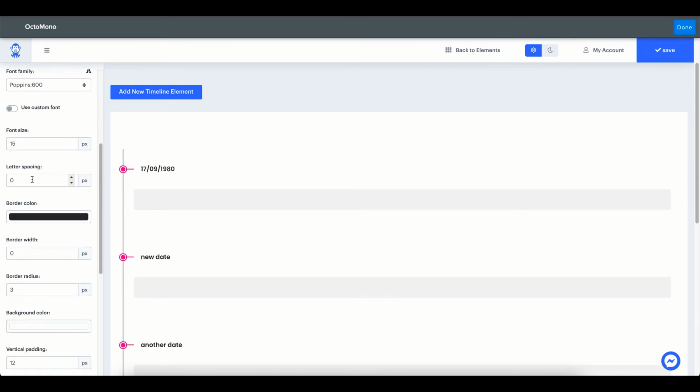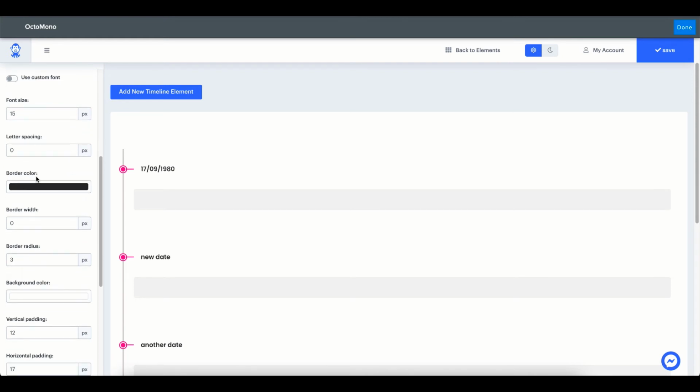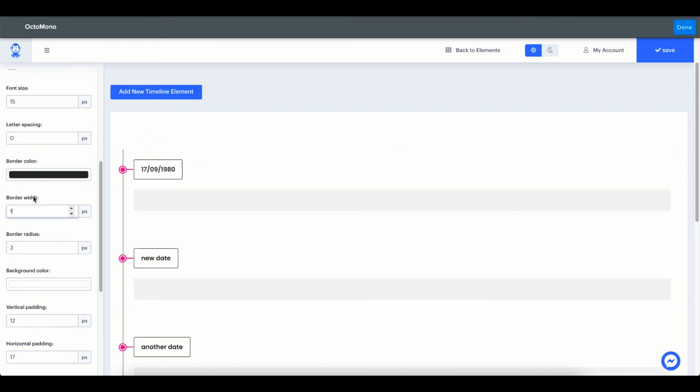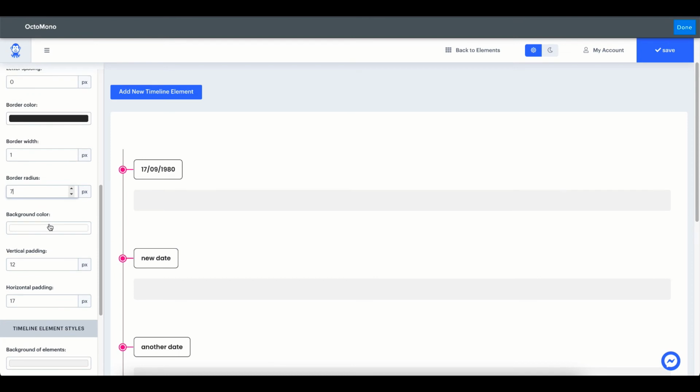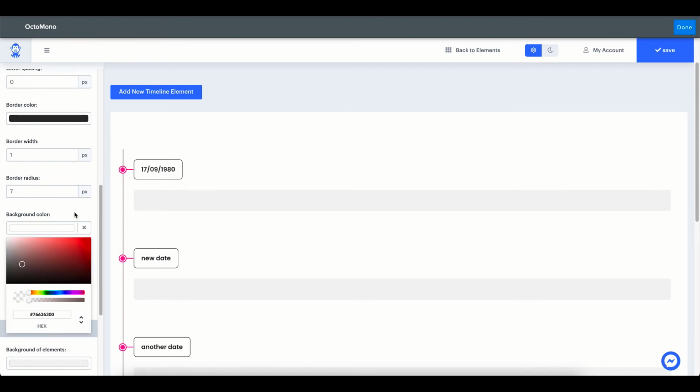Maybe to 15 pixels. You can include some letter spacing if you want. You can add a border color, but before adding a border color, you will need to add a border, obviously. So now you can see that we have a border here. You can add some border radius, making it rounder, just like that. You can include a background if you wanted to,